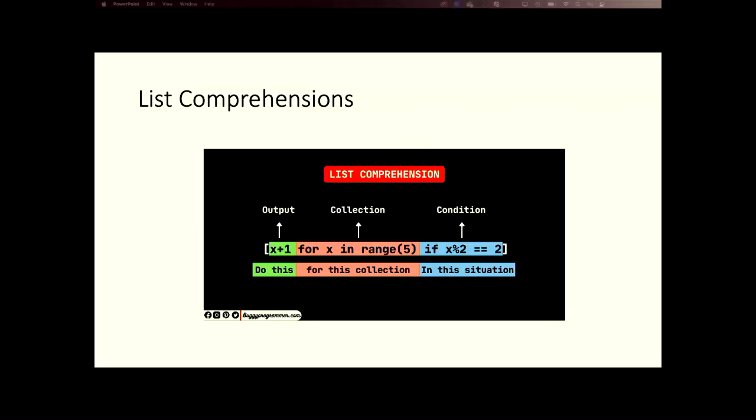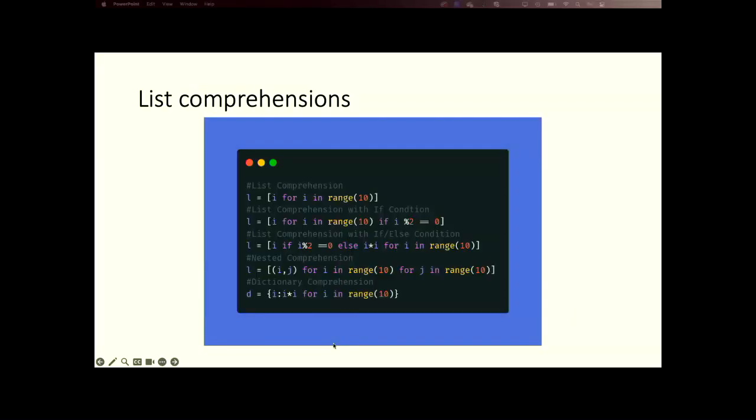So the first one is a list comprehension, which is a structure inspired by Haskell that is implemented in Python 3, where we say, in green, do this, x plus 1, for this collection in this situation. And then if we put that in brackets, this will generate the list that it creates. So here are some examples. We can say,